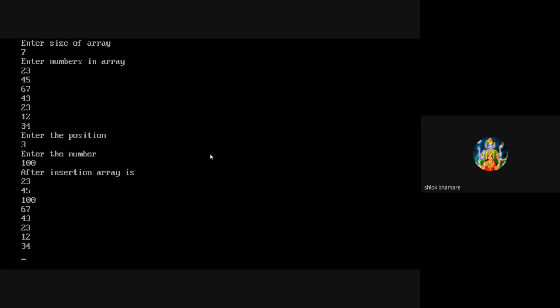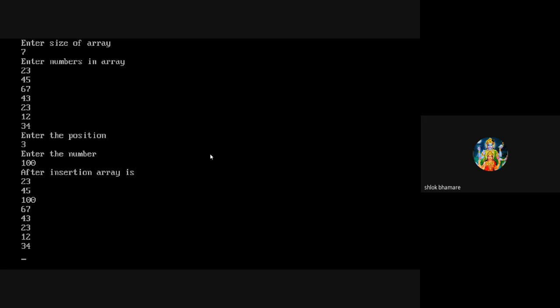So if I say third position, it will insert the number at 43. Because the array starts from 0, the third position of array is 43.